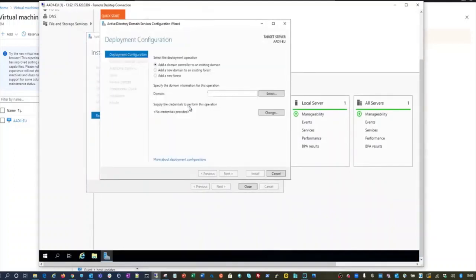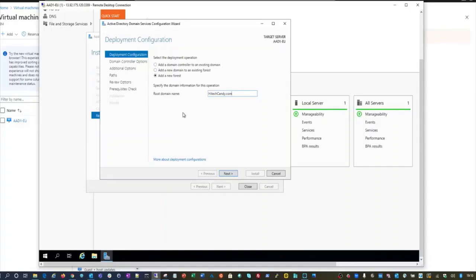and now you are in a wizard where you are able to install AD. This is my first domain controller in my forest, so it will be a root domain, and I will type a name here as hitechcandy.com. I will select the option to add a new forest, because this is the first domain controller. You can also select add a domain controller to an existing domain if you already have a domain.